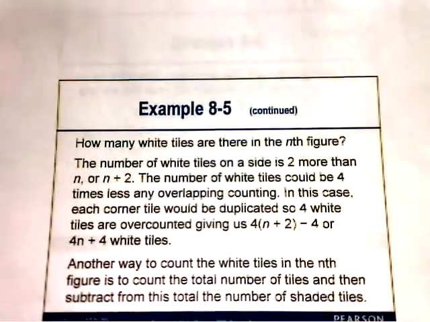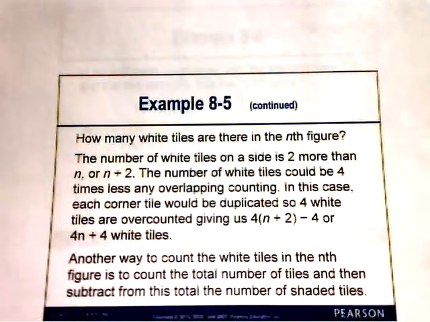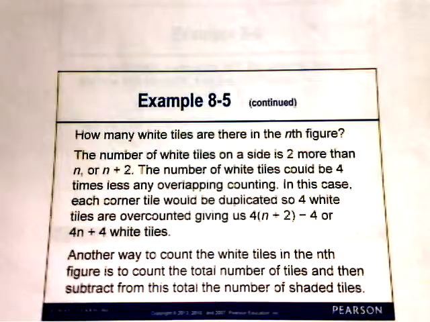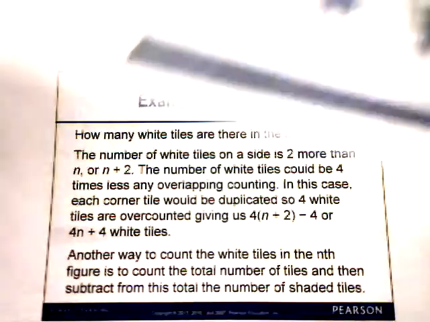Okay. Now how many white tiles are there in the nth figure? Okay, the number of white tiles on a side is 2 more than n, or n plus 2. The number of white tiles could be 4 times that, less any overlapping counting. In this case, each corner tile will be duplicated by 4. So if I pull up that slide here,